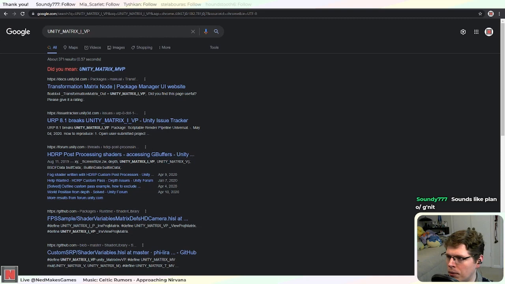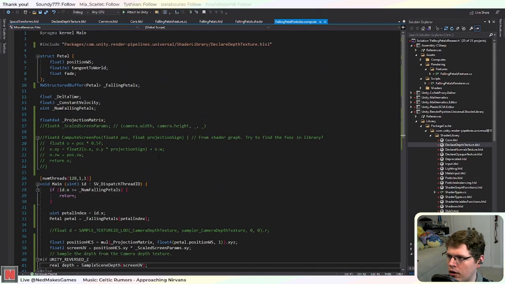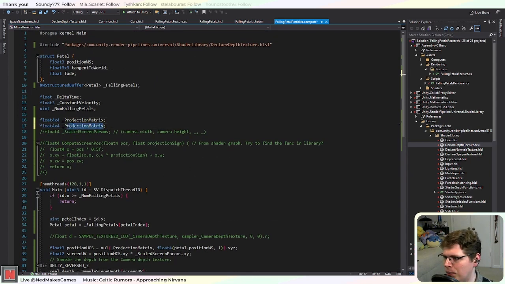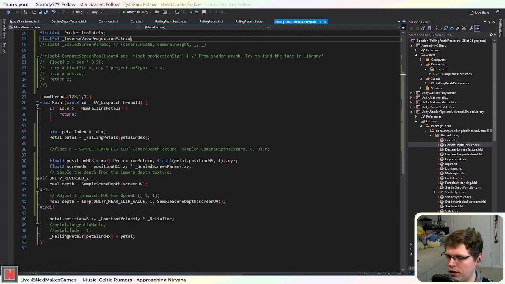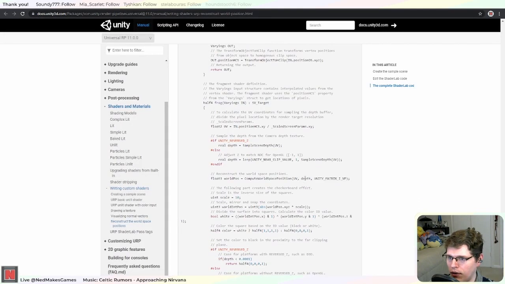Okay. I'm just trying to see. So I guess you multiply the view by the projection and then take the inverse, because I mean, that sounds right, but like I said, I'm kind of tired right now, so inverse view projection matrix. But besides that, we should have everything it needs. Yeah, because we have the depth now and we have the UV. So